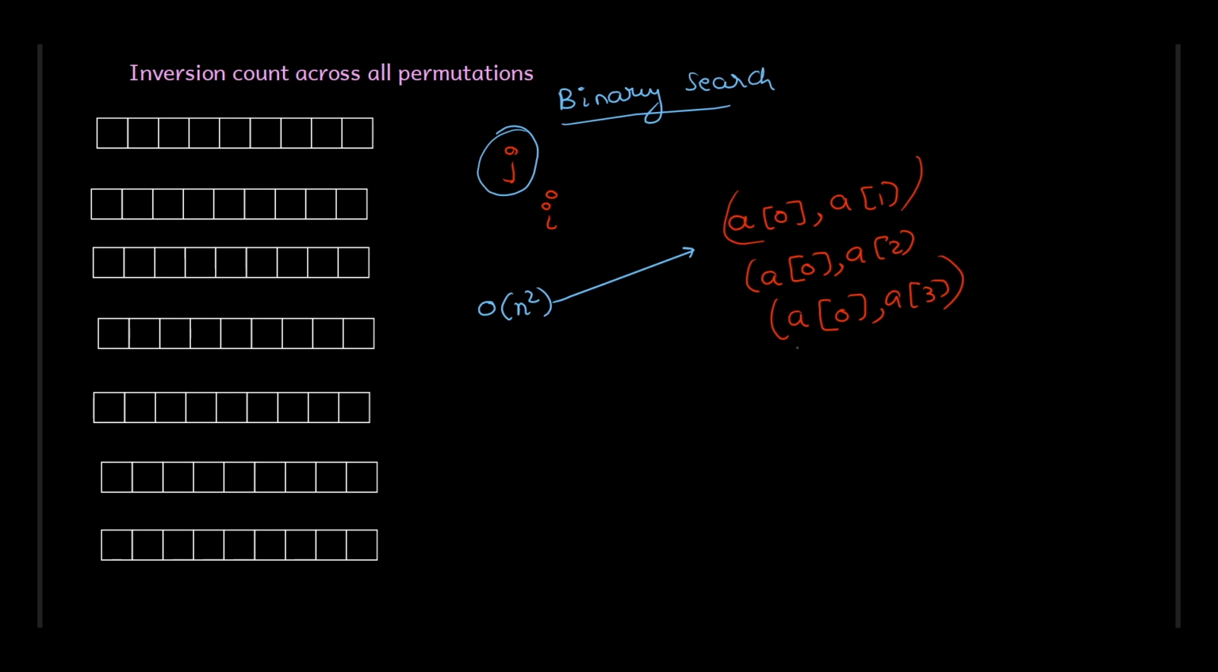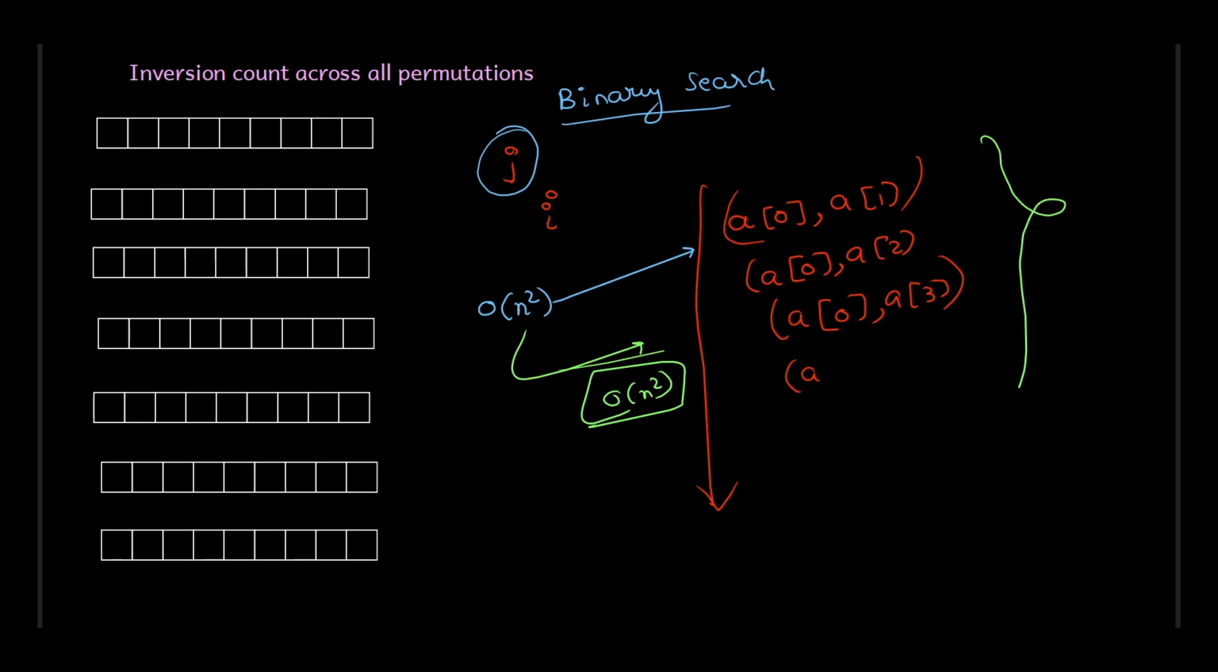This is another element that could be a candidate, and so on, right? Now there can only be O of n square candidates, right? So suppose you have iterated through all the O of n square candidates, and every time